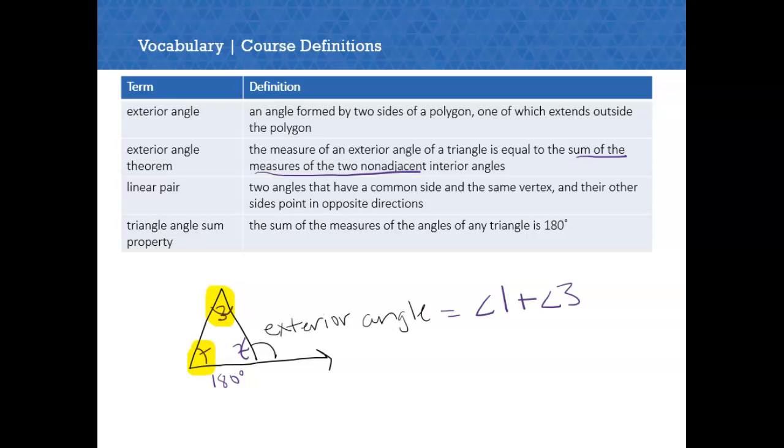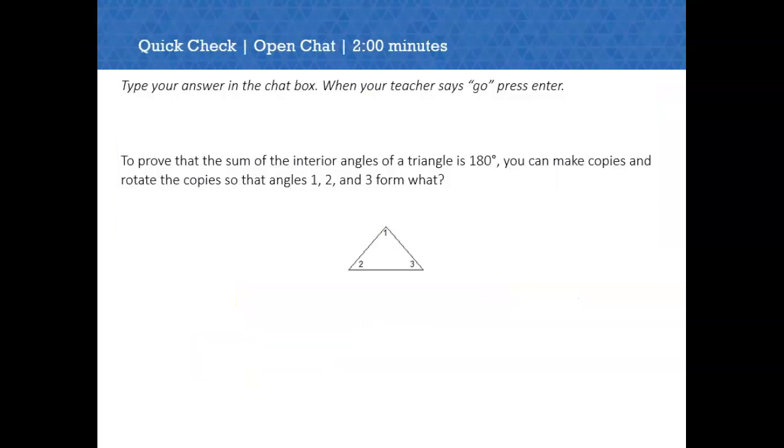Let's take a look. To prove that the sum of the interior angles of a triangle is 180 degrees, you can make copies and rotate the copies so that angles 1, 2, and 3 form what? So if we were to cut out this angle, then this angle, and this angle, and rearrange them and put them all together in different ways. We try all these different ways, but if we cut them all the way up and lined them up,